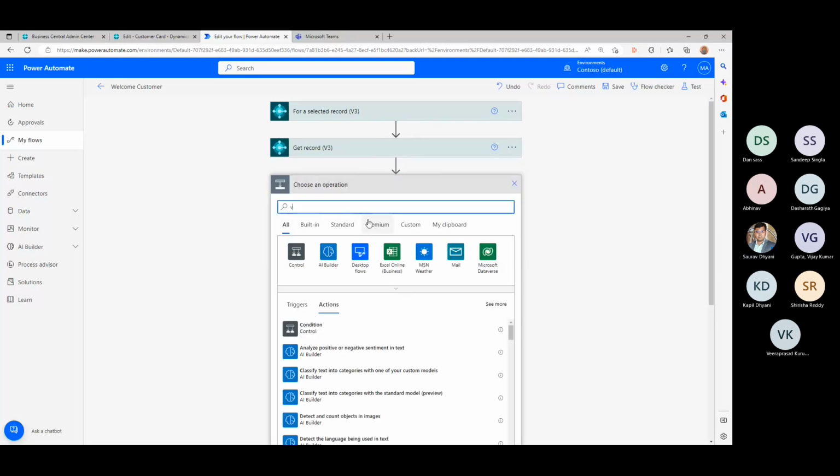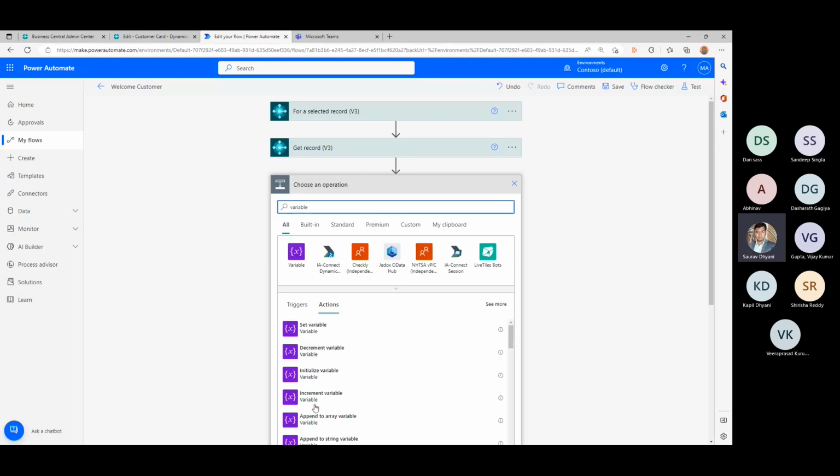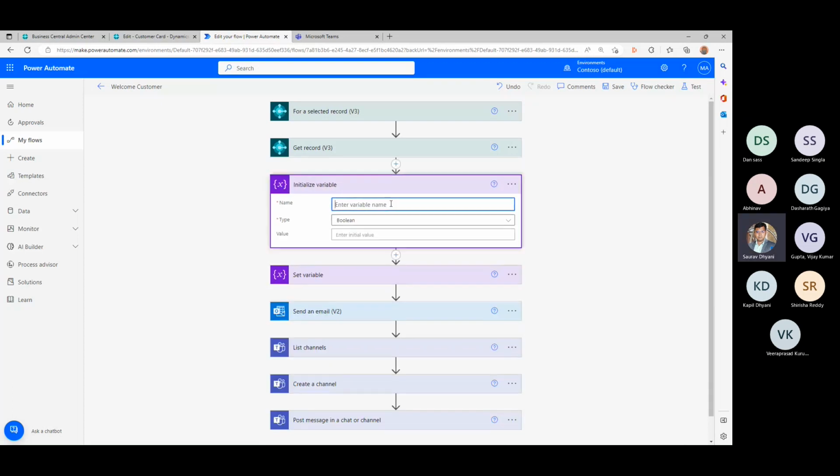Initialize variable. Enter the variable name. The variable name is Teams channel name. It's of type, let's say, text. Where is text? String. Okay.